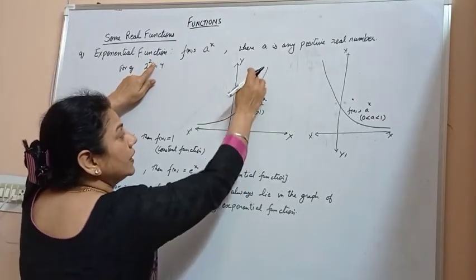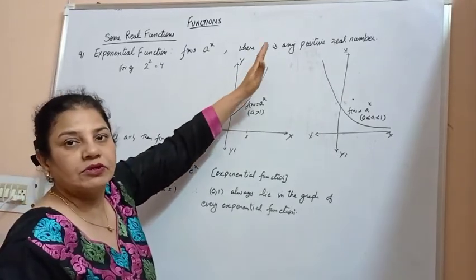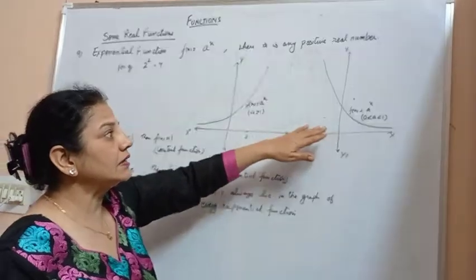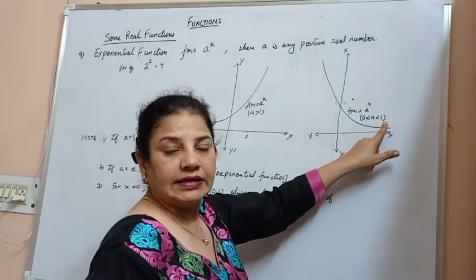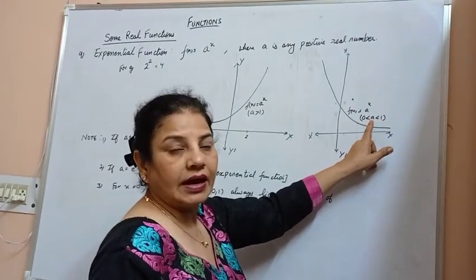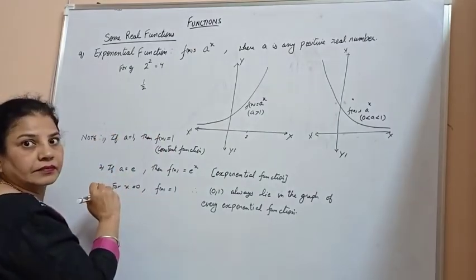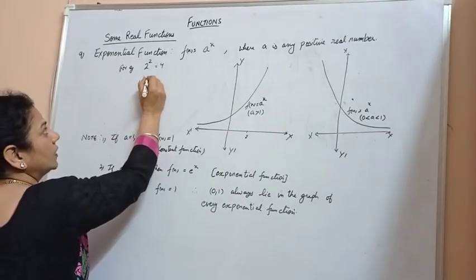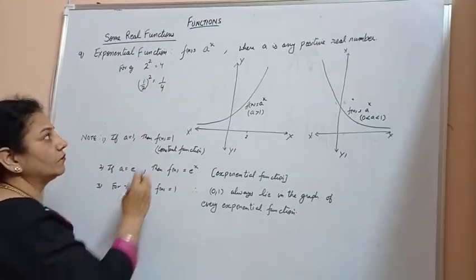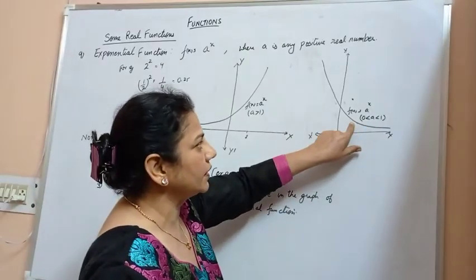So 2 we get 8. So the graph of the curve, for this graph, gives me a higher positive value of y when a is greater than 0 and less than 1. In this particular case, it is less than 1 and greater than 0. So let a be half. A to the power 2, in this case, I will get the value as 1 upon 4, which is equal to 0.25 roughly, and this is plotted here like this.